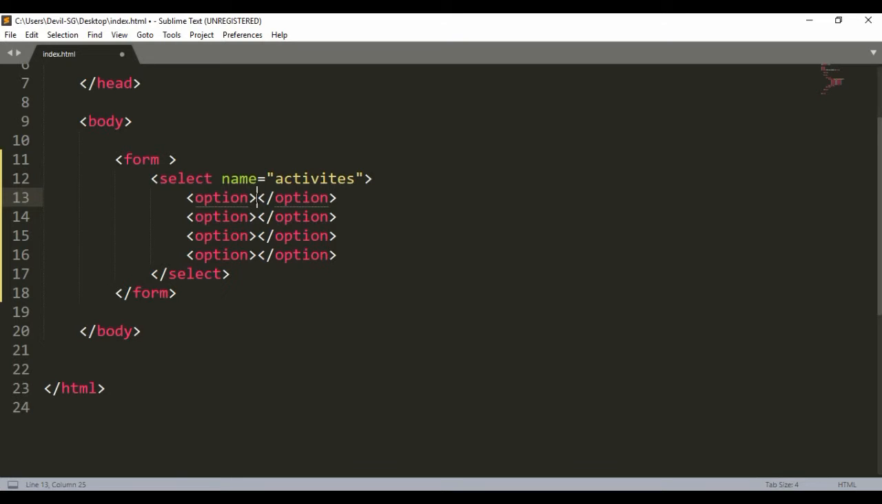So activity can be drawing, playing, and what? Surfing, and what else can we give? Let me think. Let it be dancing,